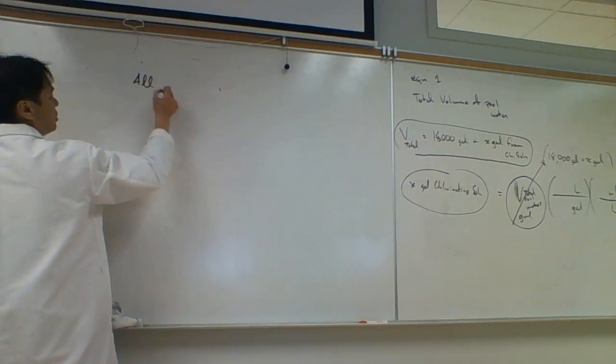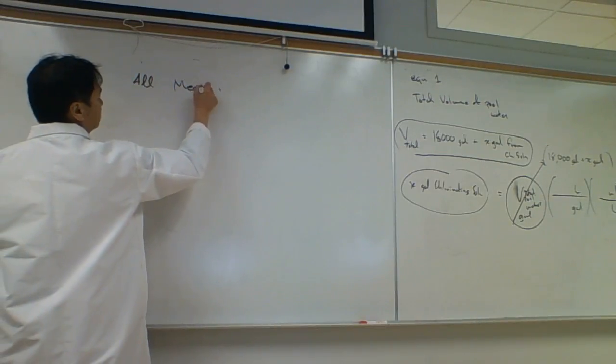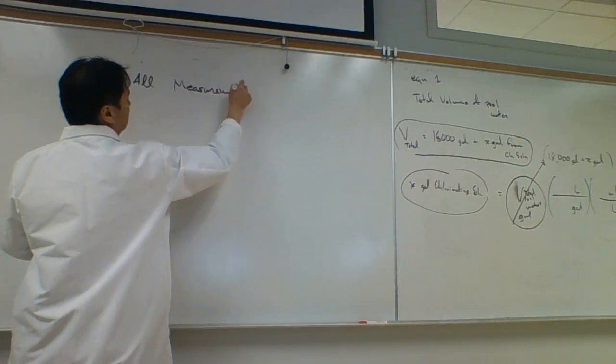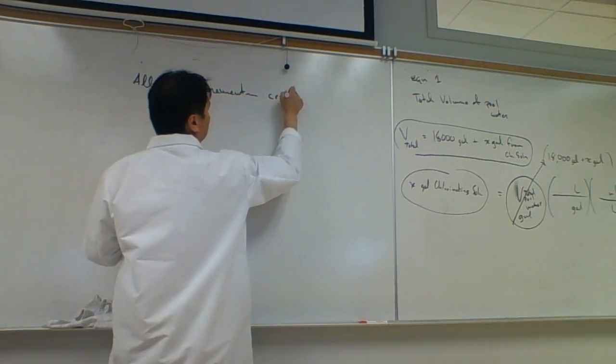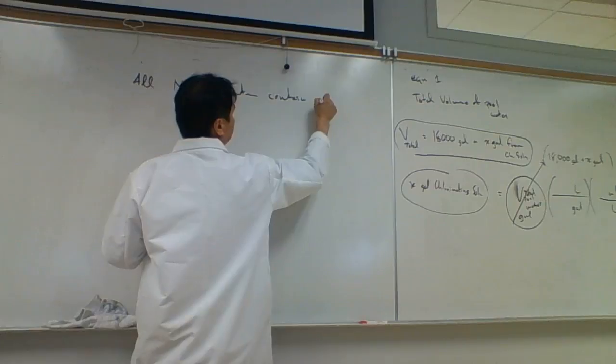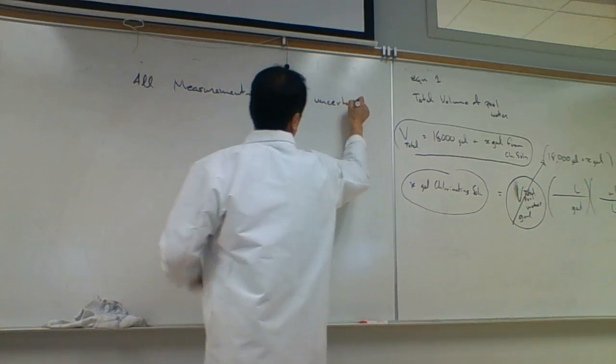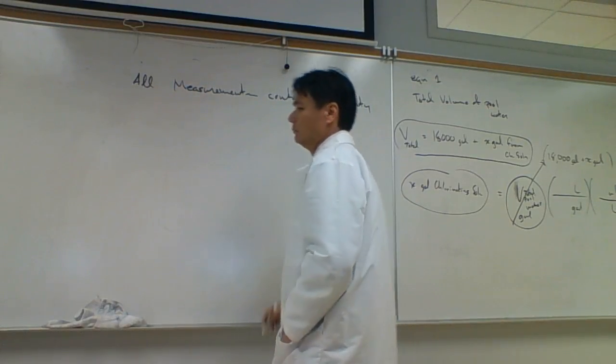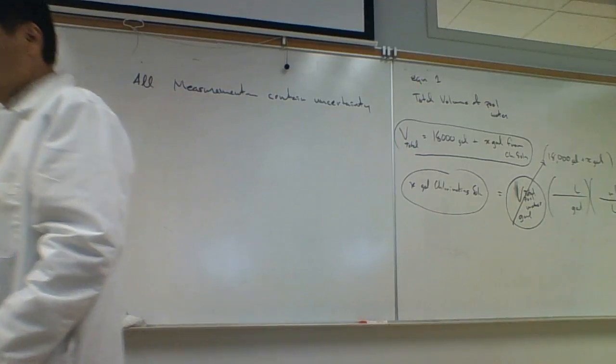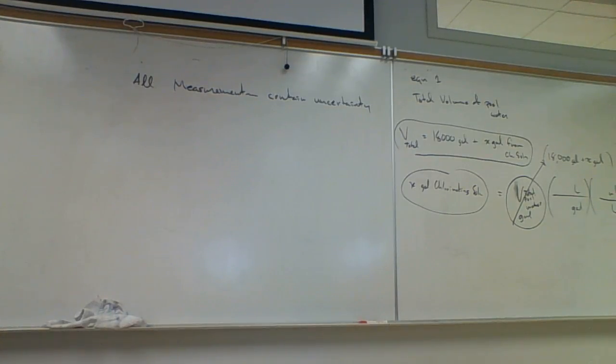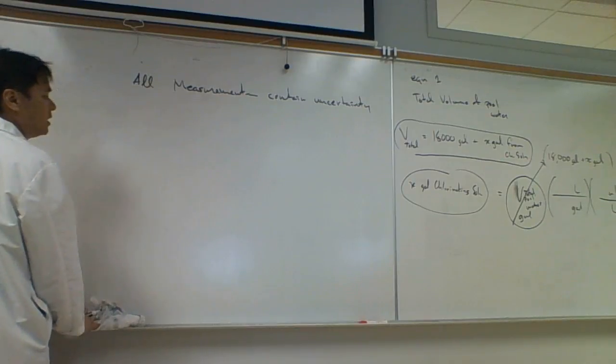There are different ways we show it. One way we show the uncertainty is by sig figs. Sig figs gives us an indication of